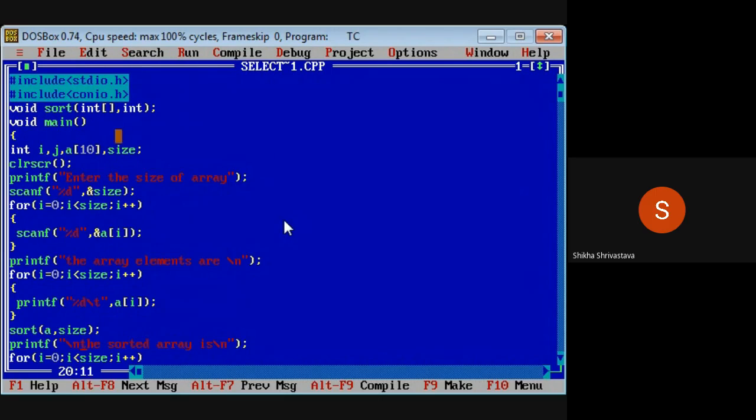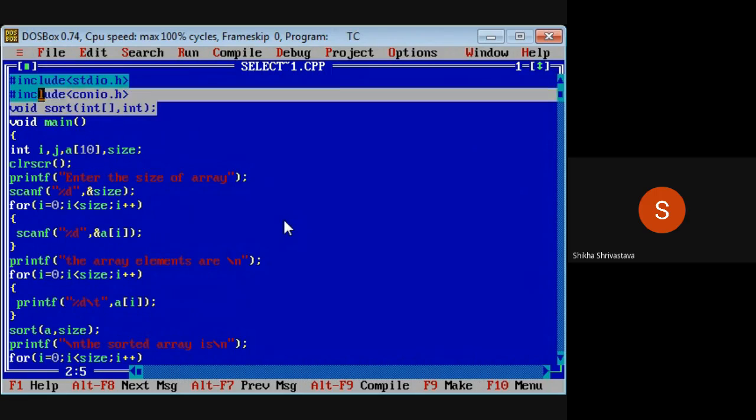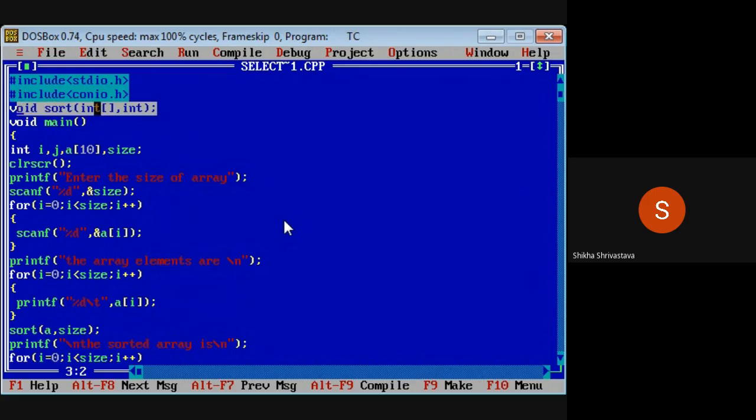We have to declare a function named sort. We are passing two arguments. First is the integer type array, and second is an integer type variable. This is the prototype declaration of the function that we are using. Void sort is the implementation of selection sorting. This function is designed to perform selection sorting.